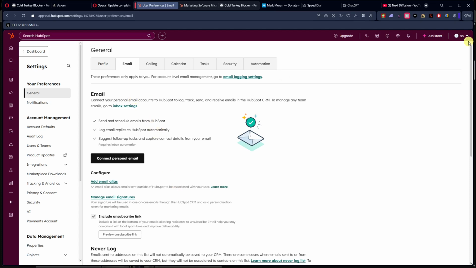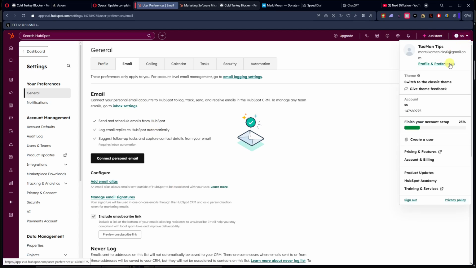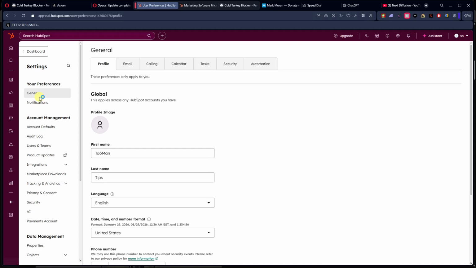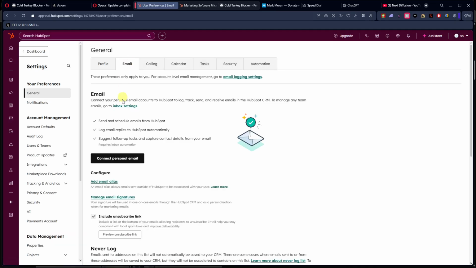So what you want to do is go to the right, to your account. Then you're going to find Profile and Preferences. When you're in Profile and Preferences, under Profile you're going to have Email next to it. The moment you click on Email, you're going to find here